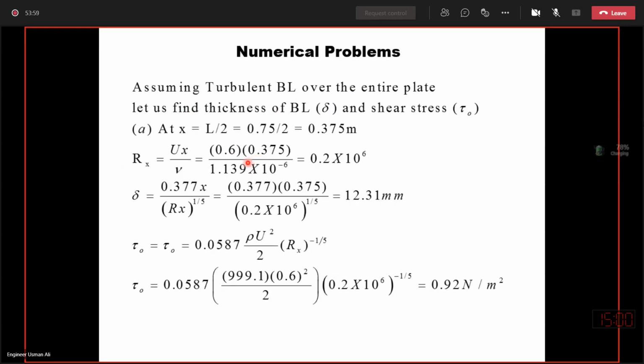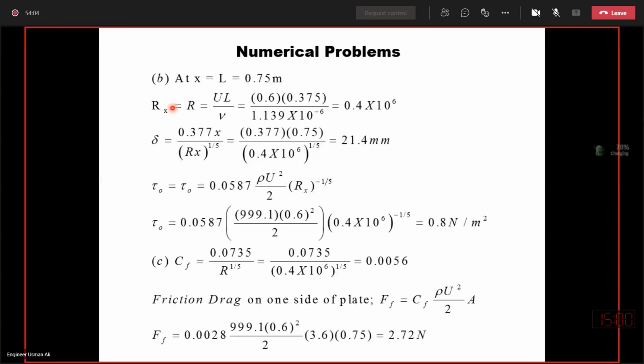So what you have to do is simply repeat this. You have to just use the equation for turbulent boundary layer for center and for the total length, and then you have to find CF for the turbulent boundary layer, और इसको आप कंपेयर कर लें। जाहिर बात है इसमें थिकनेस, शेयरिंग स्ट्रेस और जो फ्रिक्शन फैक्टर, फ्रिक्शन ड्रैग की वैल्यू लैमिनार के हिसाब से ज़्यादा आएंगी।